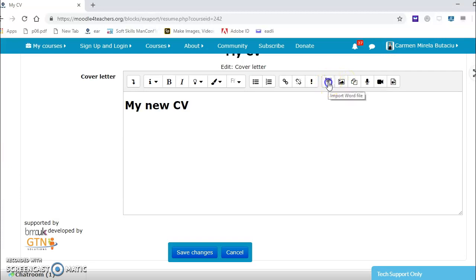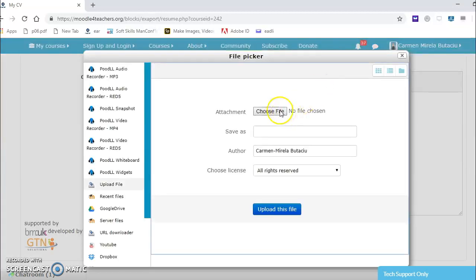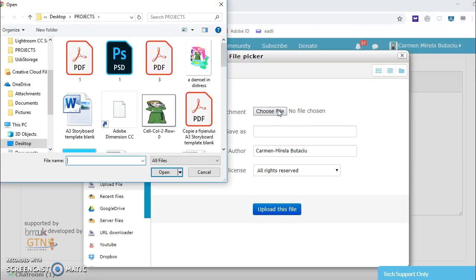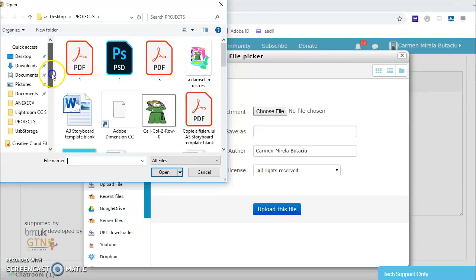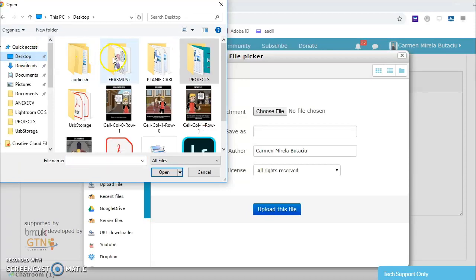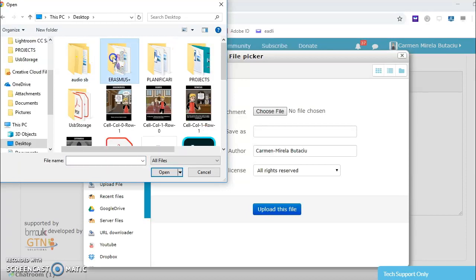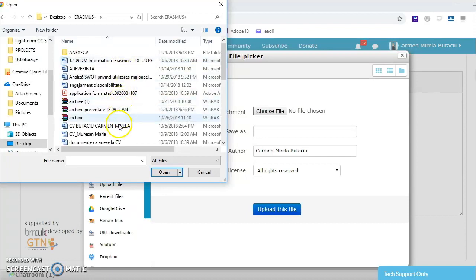Insert or edit image. Okay, I can choose a file from my projects, from an Erasmus project that I have already. It's here. My CV. Let's see if it